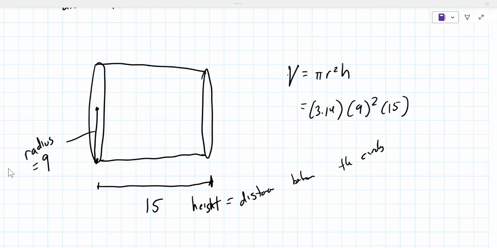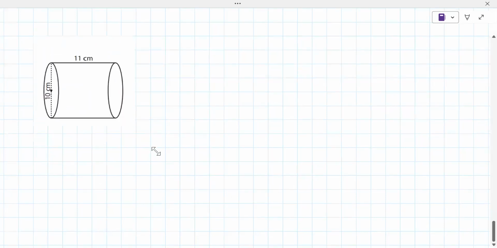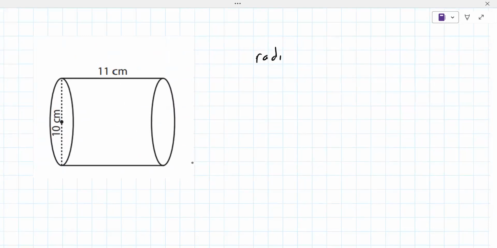Okay, so let's look at another problem here. Let's look at one you can actually try on your own. I want you to tell me the radius and the height before you proceed. That does go all the way across. Yeah, it does. Okay. So 25. Is it